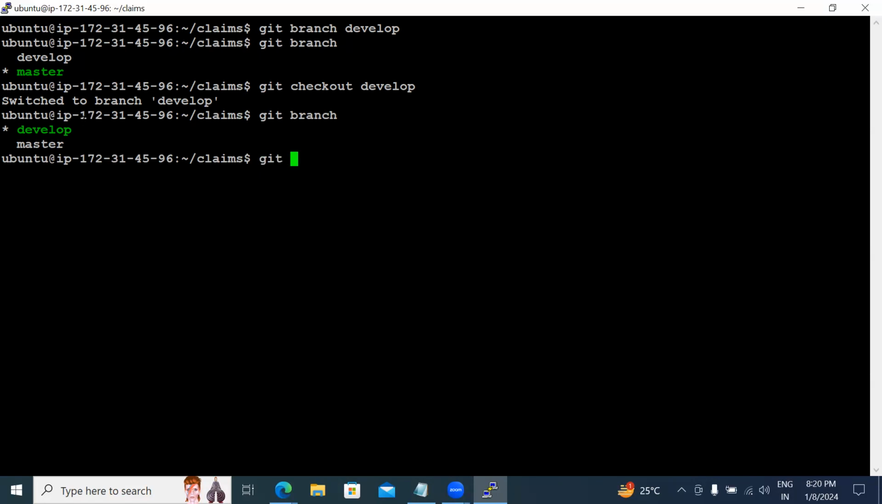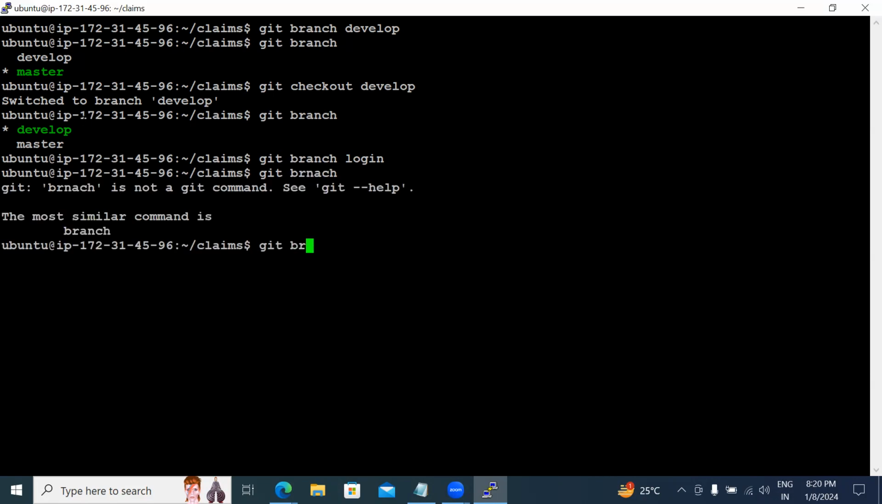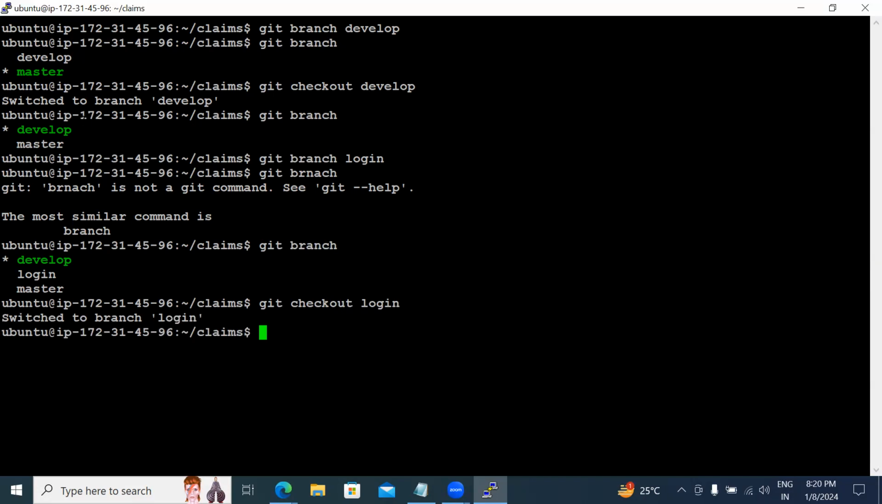Then I want to create a feature branch on top of develop also. Can you tell me the command first to create a feature branch? Maybe for login, I want to create one feature branch. Git branch login. As of now, which branch am I in? Develop. If I want to move to the login branch, then git checkout login. So with git checkout login, what's going to happen is